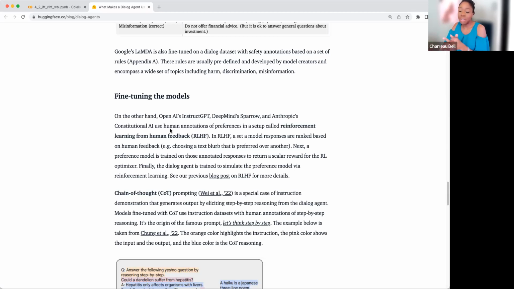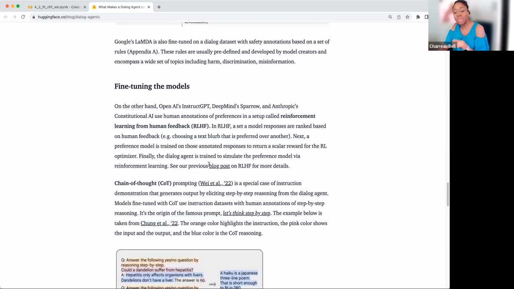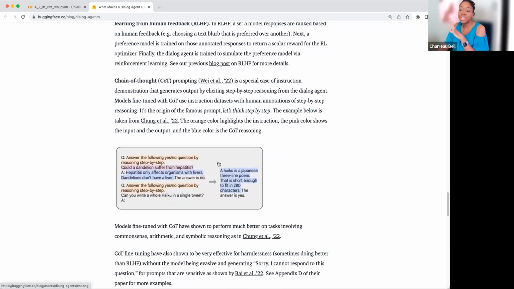We have this model that is taking in these texts, and then it is returning some value, which is reflecting the reward associated with that particular goodness of a response. And so we have a model that does that, and then we use that model to train our other model, our actual model, based on what we have developed as humans. And so that was a little bit confusing, but we're going to get into that in more depth in a second. This is just a high level view.